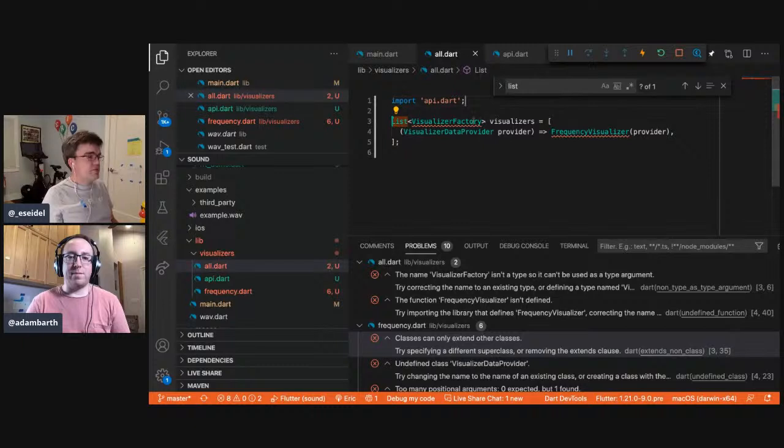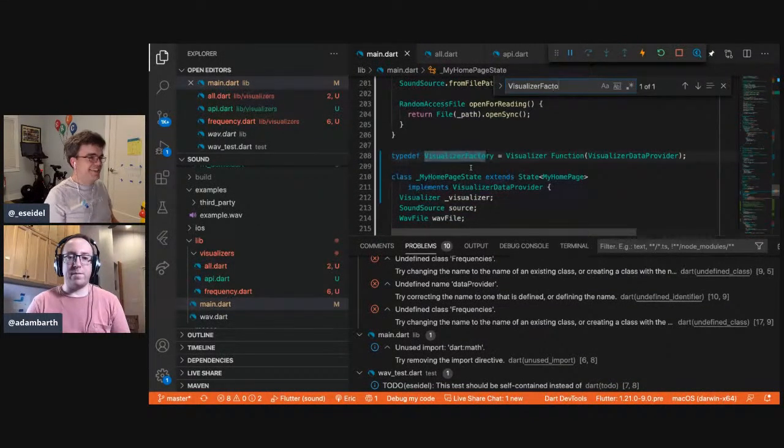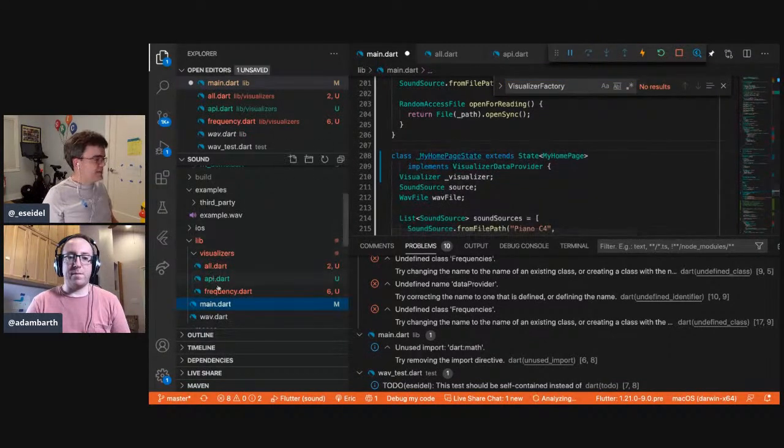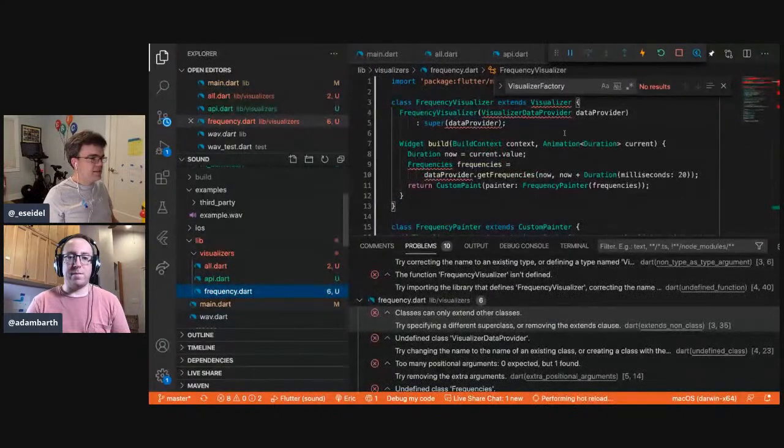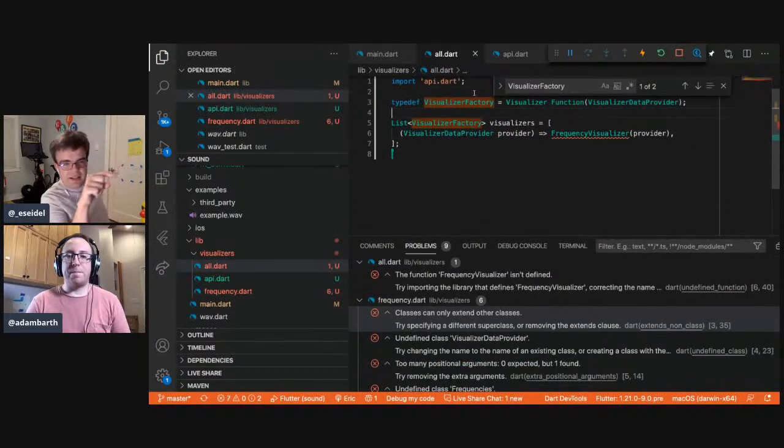Okay, so Visualiser Factory. That was in main.dart. That was just a typedef to make the compiler happy. You'd think there would be a tool that would help you with this. There probably is, honestly. This is the kind of thing that all these automated refactoring tools are super good at. Yeah, I just want to click on these 5 classes and say, put that one and this one in this box.